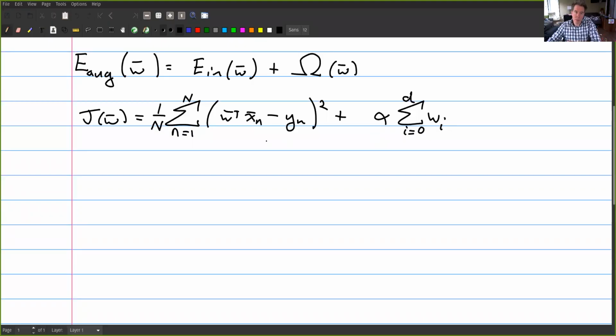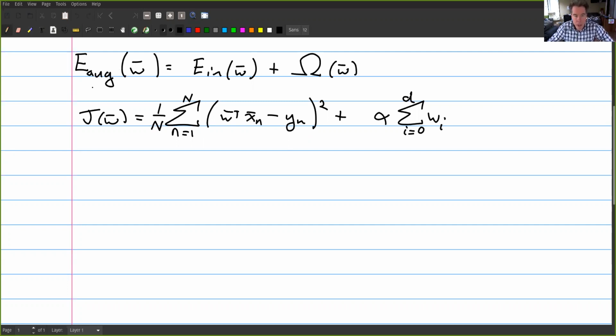I wanted to finish up the derivation of the equations for linear regression with the augmented error function, in which we add a so-called L2 penalty on the size of the weight vector as part of regularization. So let me go to the whiteboard here. In the first regularization video, we talked about the basic idea of regularization,